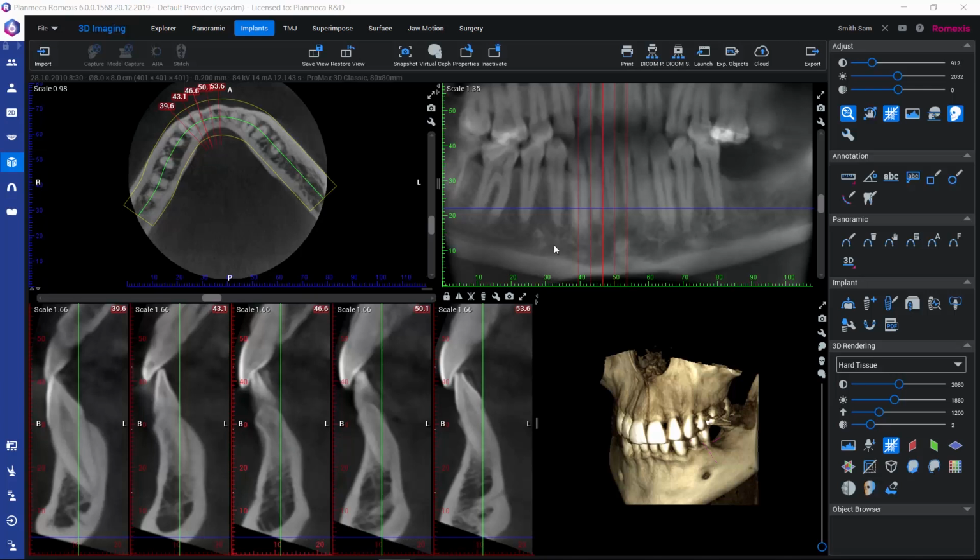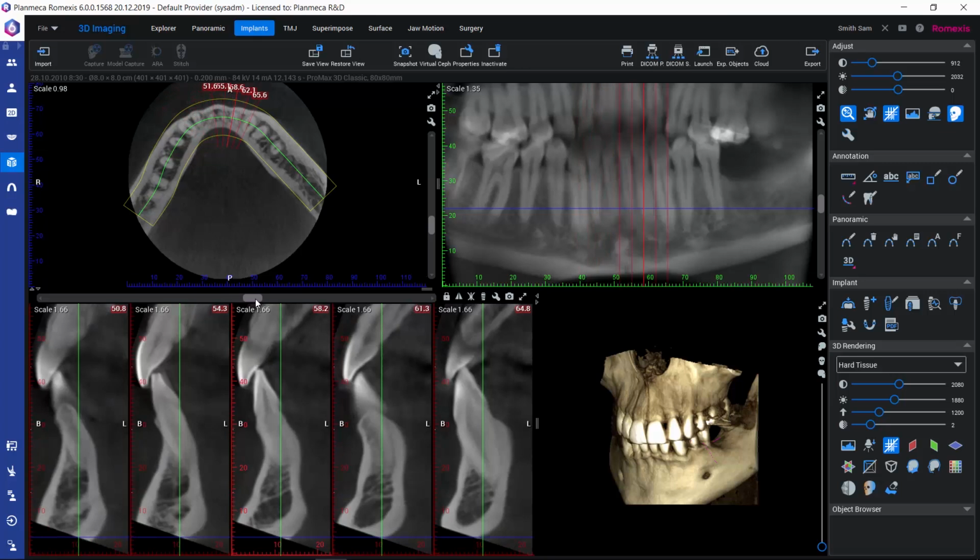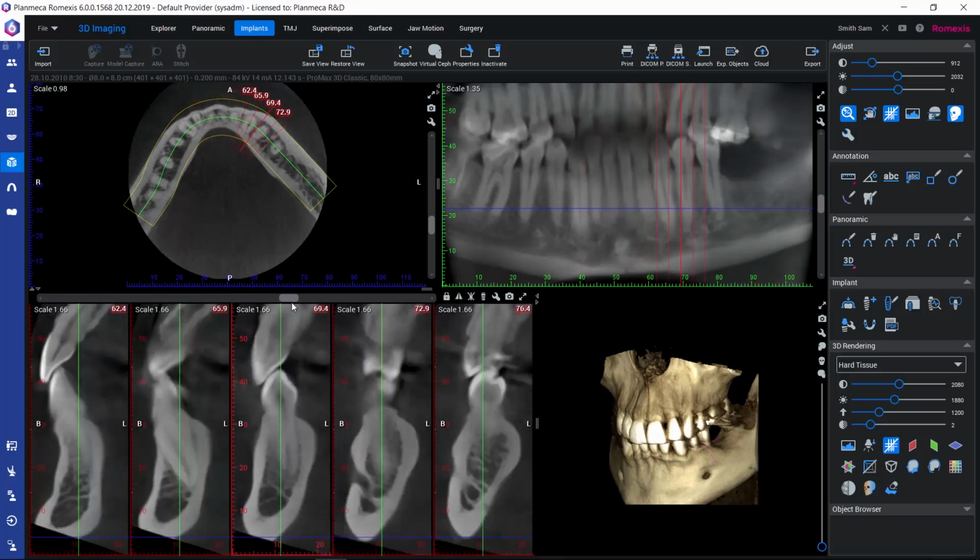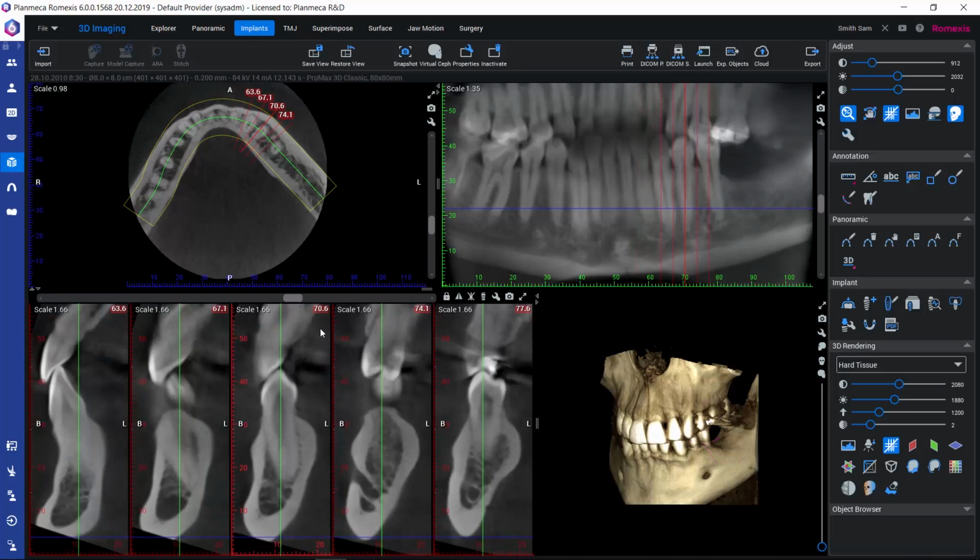So for example, if we can well recognize the nerve canal here in the panoramic view, we could mark the mandibular nerve there. Often it might be more accurate to mark the nerve here on the cross-sectional slices, so we could start by browsing these cross-sectional slices until we find the opening of the nerve canal, like this. Then we could just activate the nerve marking tool,